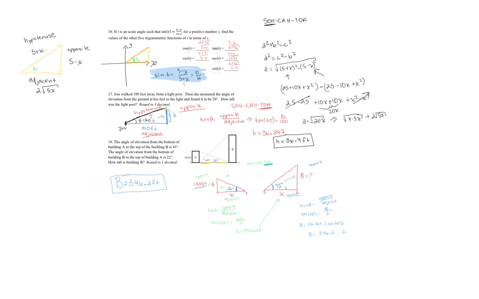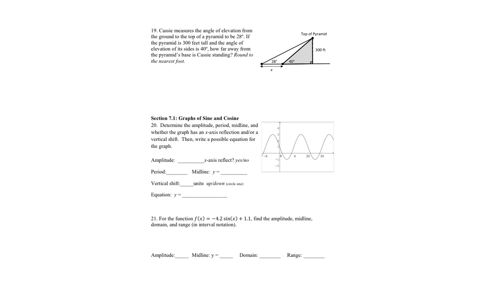Alrighty. So, on to number 19. It says, Cassie measures the angle of elevation from the ground to the top of a pyramid to be 28 degrees. If the pyramid is 300 feet tall and the angle of elevation of its sides is 40 degrees, how far away from the pyramid's base is Cassie standing? So, essentially,